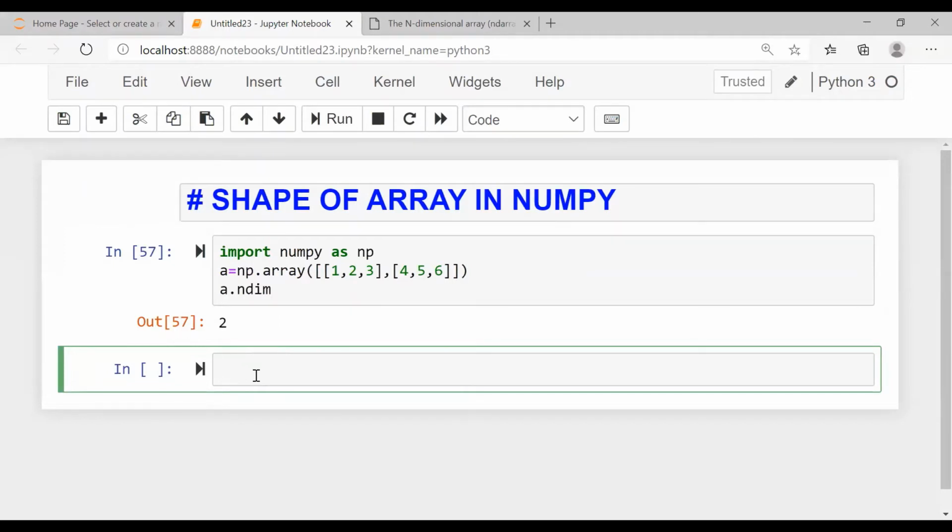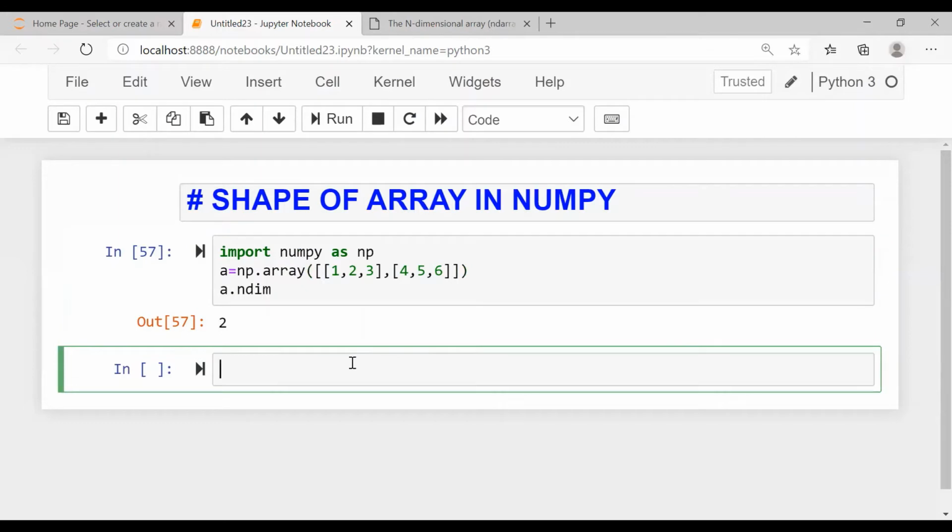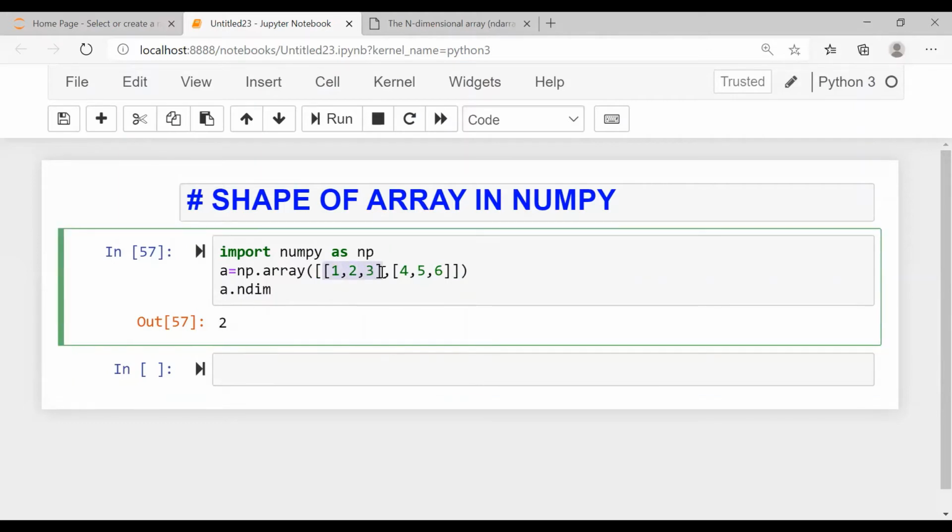Now what is the shape of an array? Shape of an array represents the tuple. The shape of an array is nothing but the tuple having dimensions, and they should be non-negative integers. Here, how many lists are there? How many elements are there? 2, and each is having 3 elements in it. So the shape would be